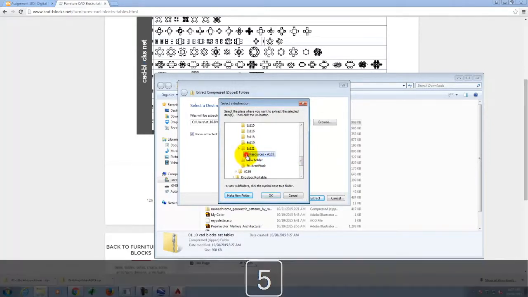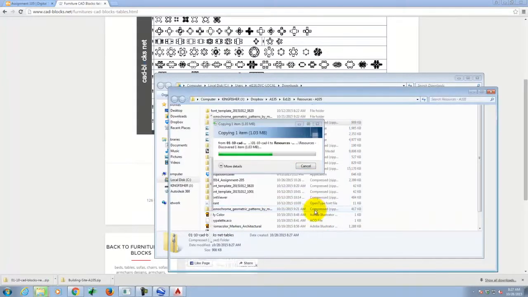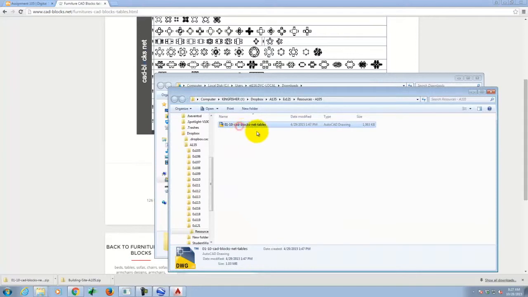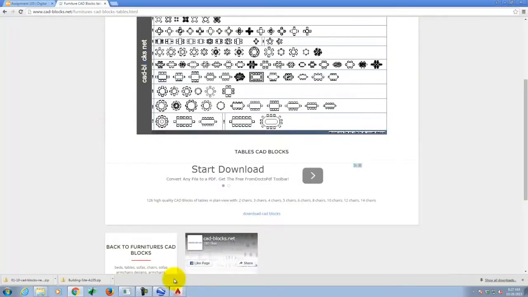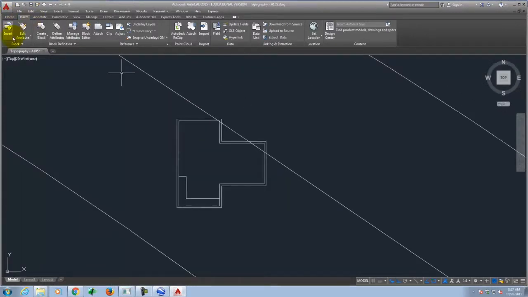And just to keep things organized, I'm putting them in their own folder inside of my exercise 121. And we'll go ahead and extract those. It'll copy the items, and there it is as an AutoCAD file. So if I go back to AutoCAD and I go to Insert,